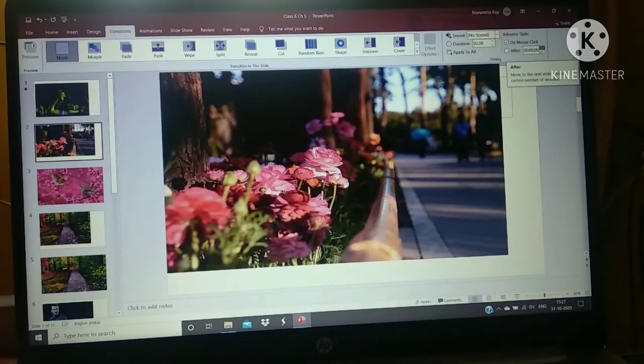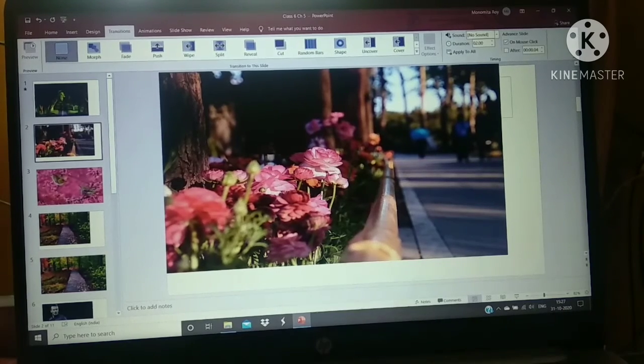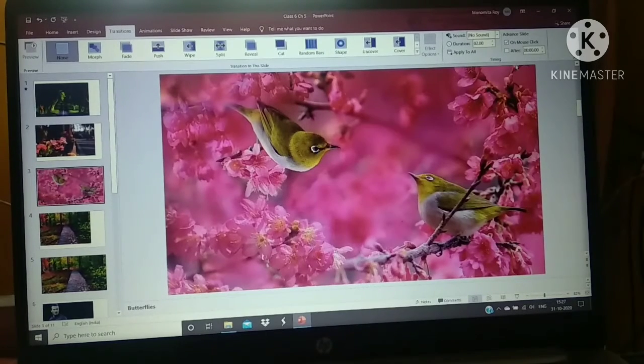So in every slide you need to give the settings, right? So I am taking each of the slides and giving this time here.